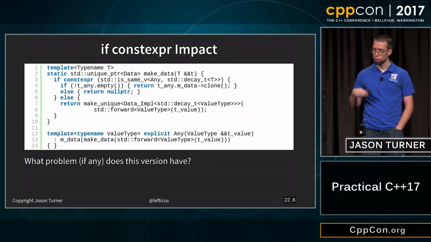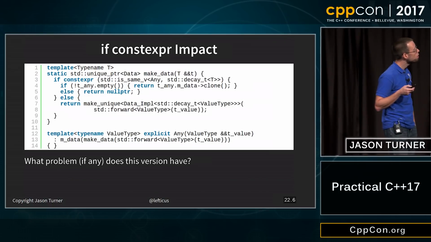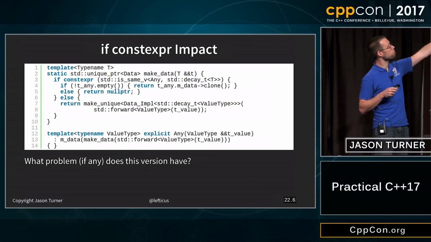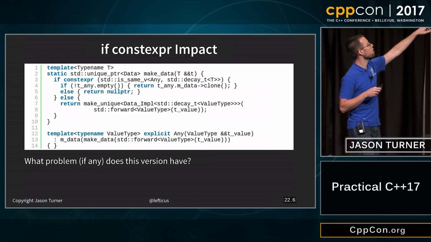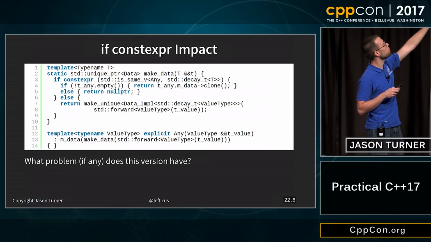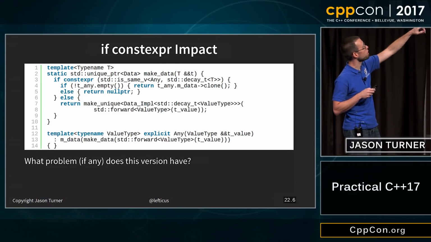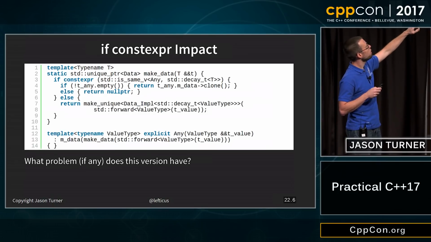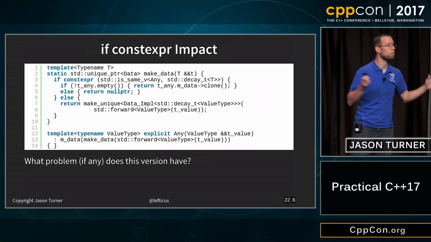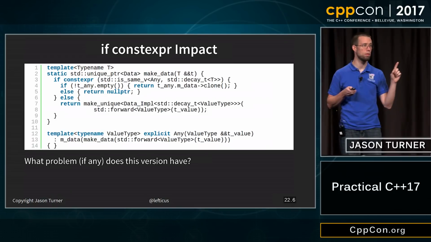So if we were to unfold this, and I think I got all this code right, we've just got this forwarding reference that we want to take, and then we create our helper function called makeData. Inside makeData, we do our if constexpr thing. If it's an init, then we copy it. Otherwise, we create the thing from what was passed in, which has a problem. Does anyone see it?